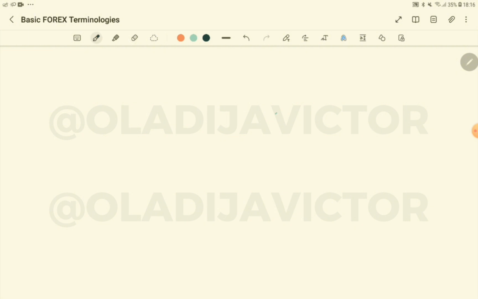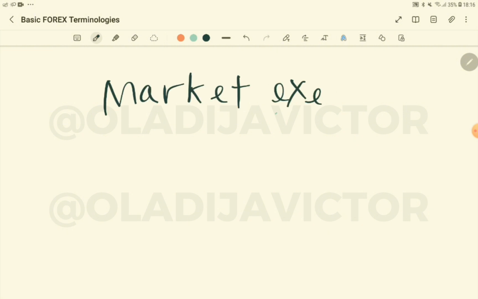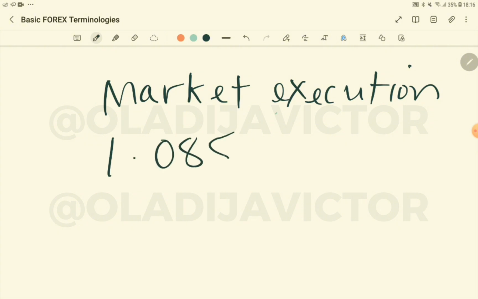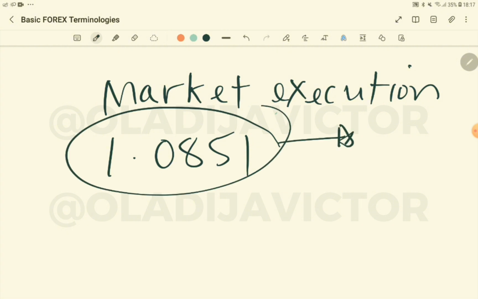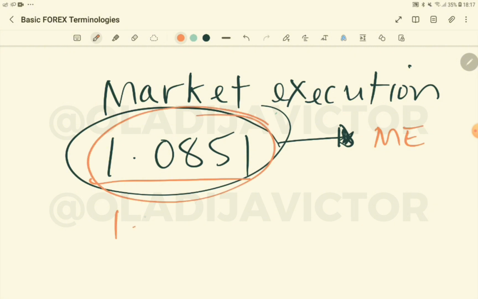So there is also market execution. Market execution is when you want to enter a trade immediately. For example, you see a position, you want to buy the pair at 1.0851. When you go, you just enter market execution directly. If the price is already here, you use market execution. But if the price is not here yet, maybe the price is at 1.0857 and it's coming down, and you want to put a sell, you can use